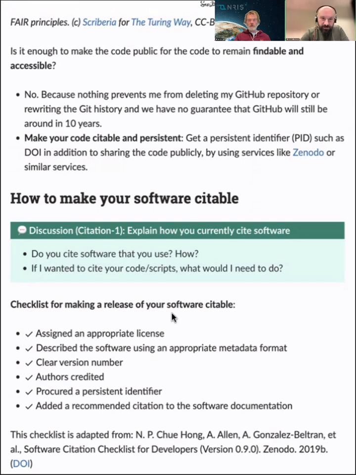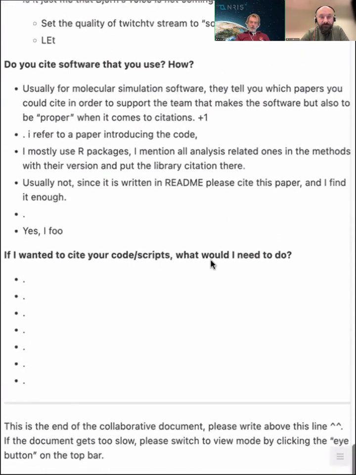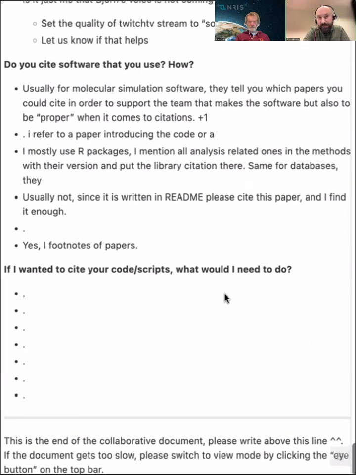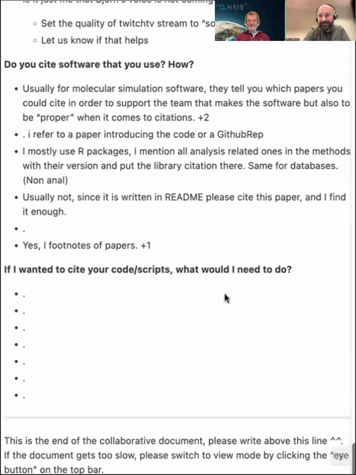All right, so do you cite software that you use and how? Let's see what people are writing. What about you, Enrico? Could I cite your software? Well, at least in my field, my background is in neuroscience, the usual practice, or I don't know if it's the best practice, is that people write papers about the software, and then they want a specific paper to be cited when the software is used. It's maybe not the most, how can I say, research software engineering best way of doing it. I guess the reason is to maximize citations to some papers.